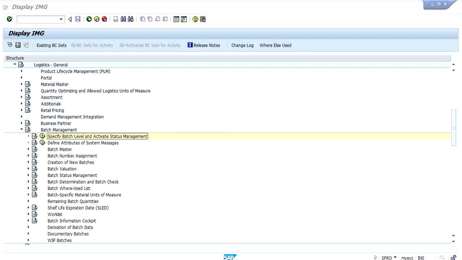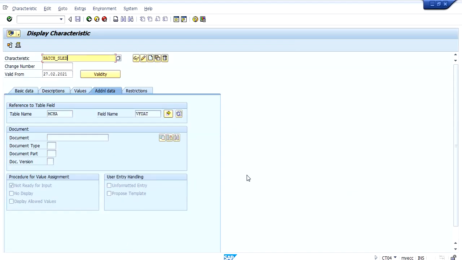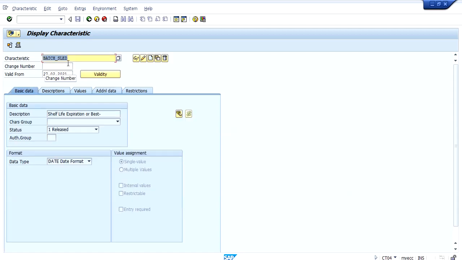After that, we have to create the characteristics. Here a characteristic is already created, which is BATCH_SLED. Here we are considering the batch as per the SLED, shelf life expiration date. In order to create this characteristic, we are executing transaction CT04.